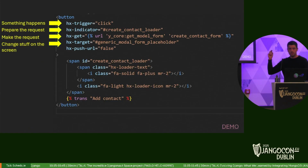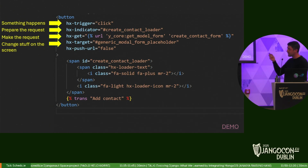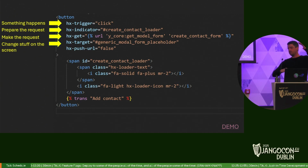So, as you remember before that jQuery example that I showed, this is kind of the same, but with HTMX. So, something happens, a click happens, you prepare the request, so you show something on the screen, so something is happening. You make the request to the server, and you change stuff on the screen. So that ugly line of jQuery, of 30 lines of code, suddenly was changed into 4 lines of code, and